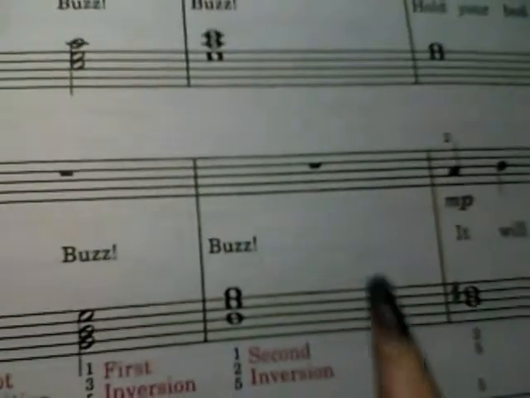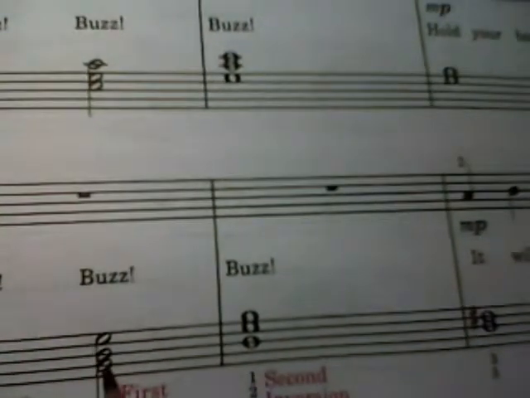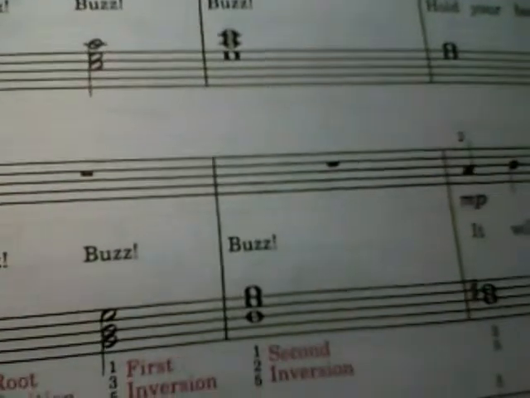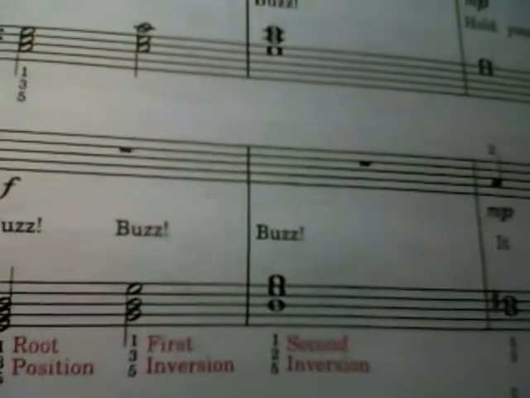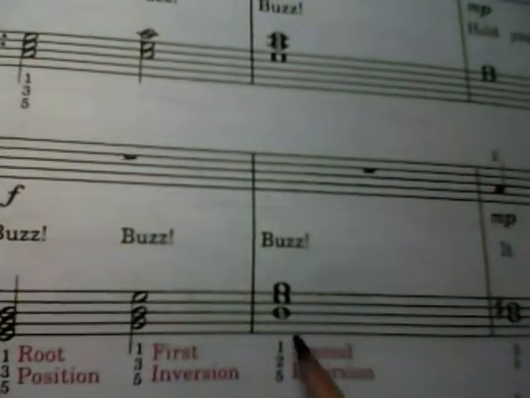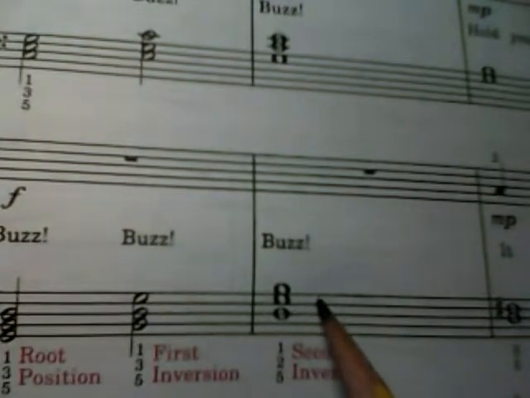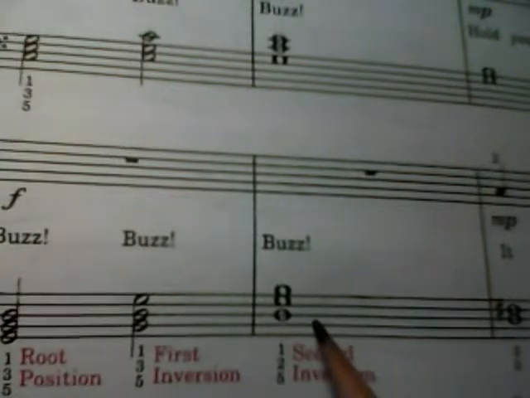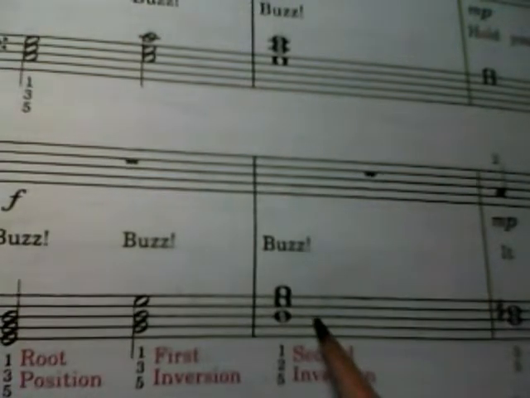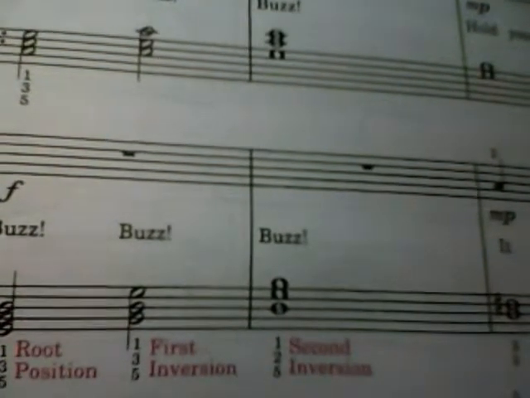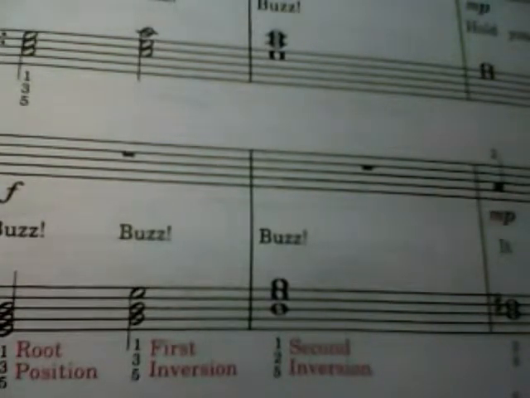And then we do it one more time. We take the B down here, and we move it to the top up here. So now the 1 finger is playing the B, the 3 finger is playing the G, and the 5 finger is playing the D. That is called chord inversion. All right, so have a little fun with this song. It's not a hard song at all,